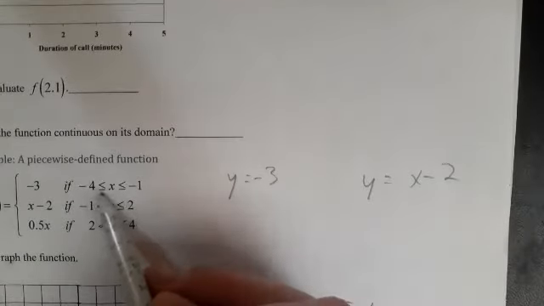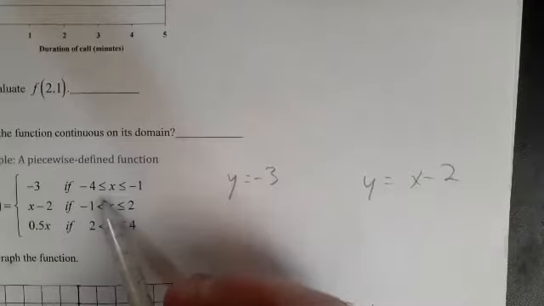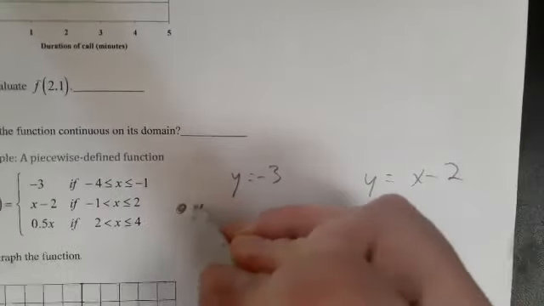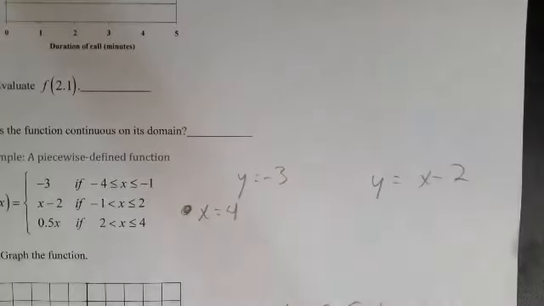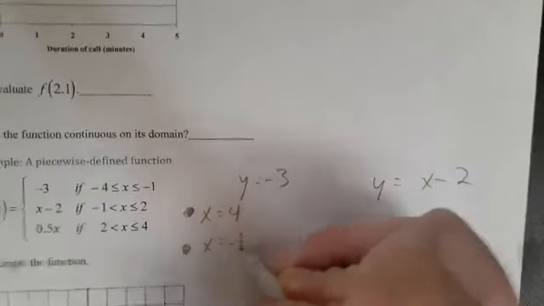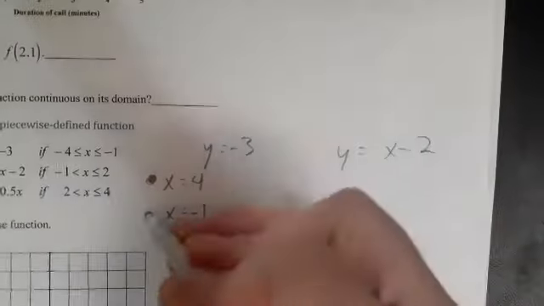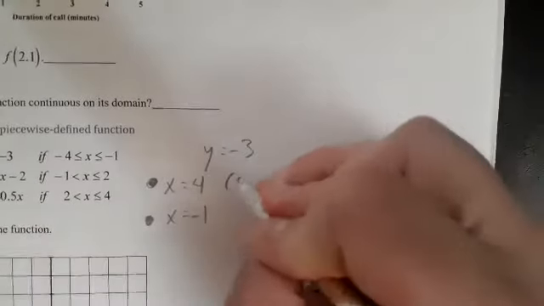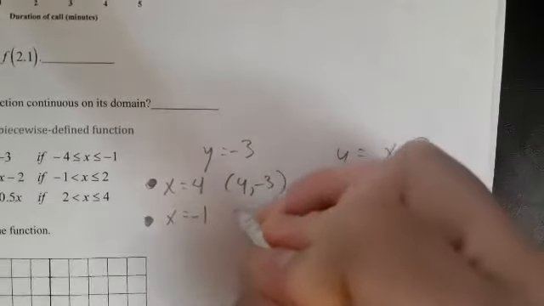Okay, so I'm looking here. I want to graph my y equals 3, and it's going to be a solid at x equals -4. And it's going to be a solid at x equals -1. And so if I'm looking at these points,